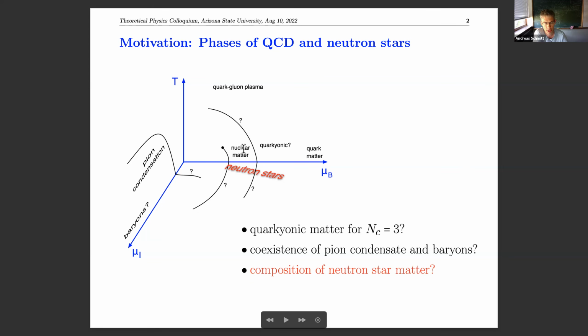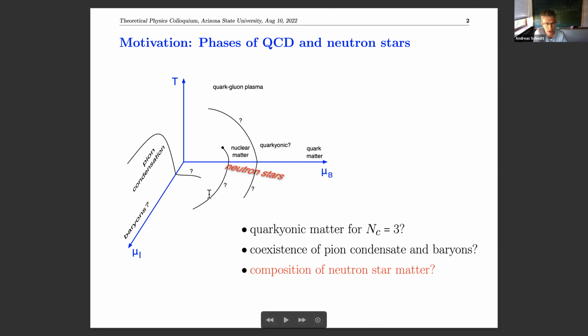Obviously, one of the reasons we don't really know the structure here is that we can't do brute force calculations on the lattice. We can do that at zero baryon chemical potential, even if we switch on an isospin chemical potential. So there's this one line here about pion condensation, which does not have a question mark. In recent years, people have looked at the lattice on this plane, the T-mu_I plane. But even there, to the best of my knowledge, if you go to very large mu_I, I'm not sure if lattice can make a reliable statement on whether baryonic matter might also appear here, right?